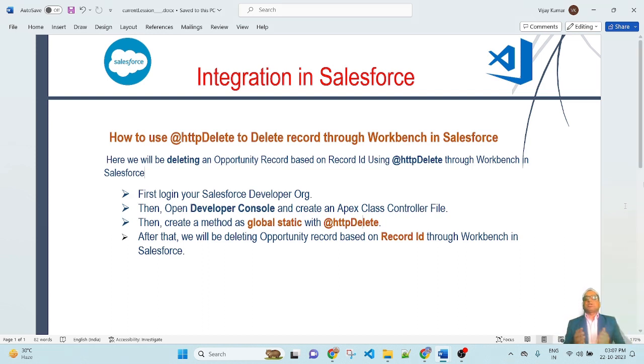So let's jump to my Salesforce org where we will define @HTTP delete. In the Workbench, we will pass the record ID of the opportunity, and after executing, the record will be deleted. So let's get started.